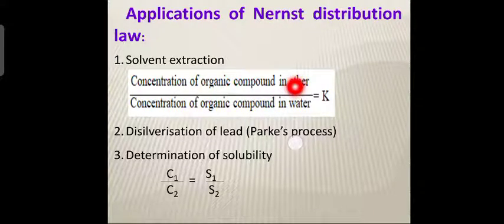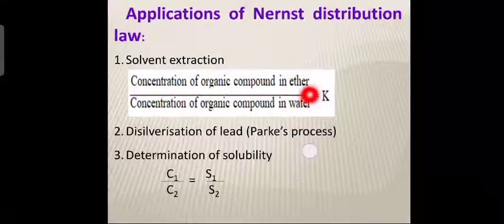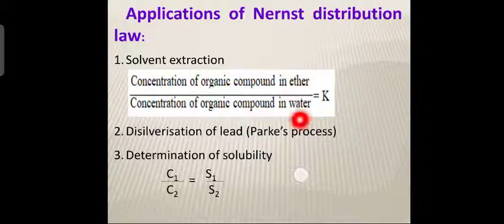The ether layer is separated by using a separating funnel. The organic compound is then recovered by distilling off. Okay, you have got two immiscible layers, ether and water. Use a separating funnel to separate the ether and water layers. Okay, then from the ether, how do you separate the organic compound?